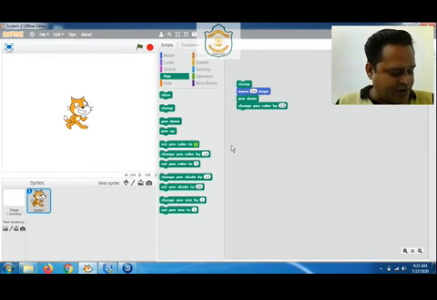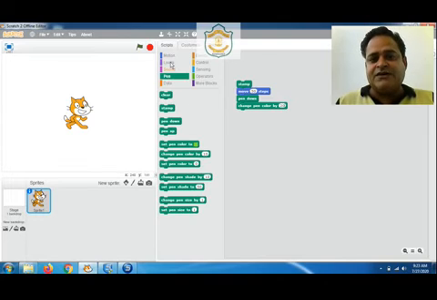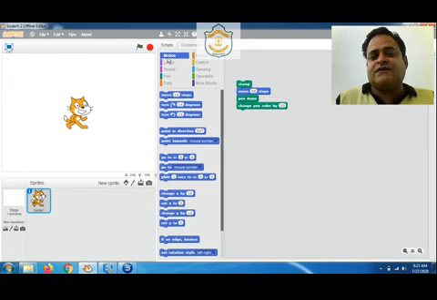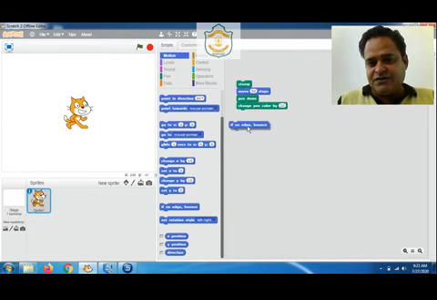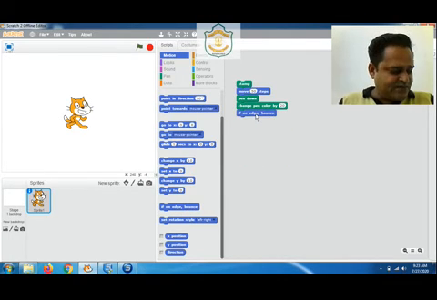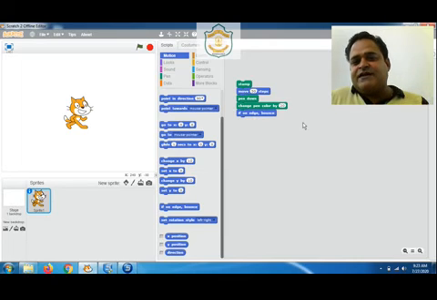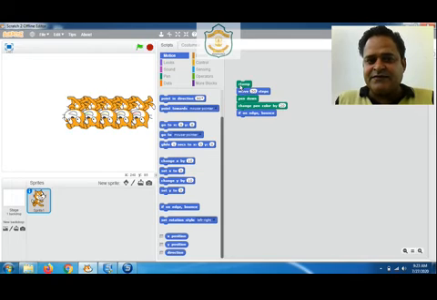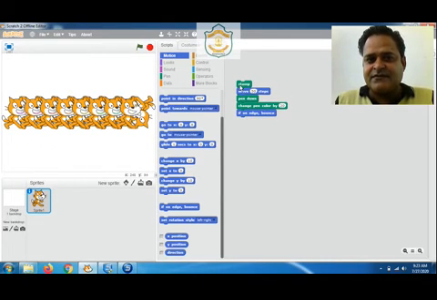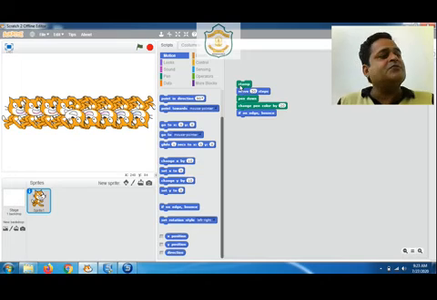And the last block is if on edge, bounce, as it's a motion command, so it will be here. Now let's see what happens. Noticing something? Our sprite is moving in the stage area itself.